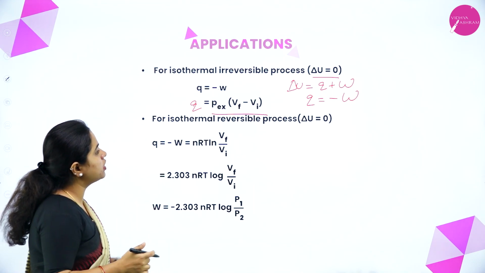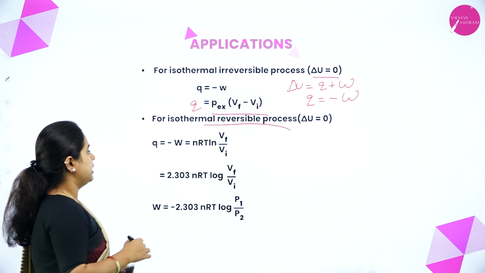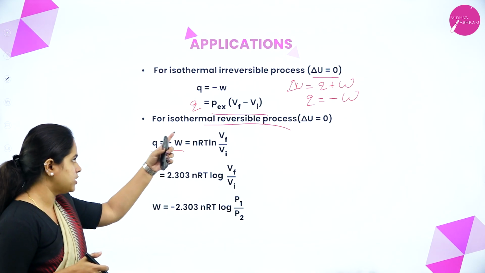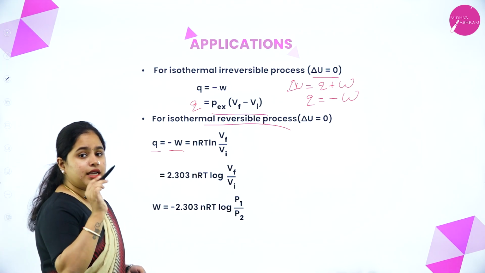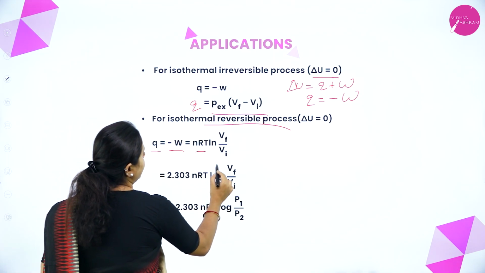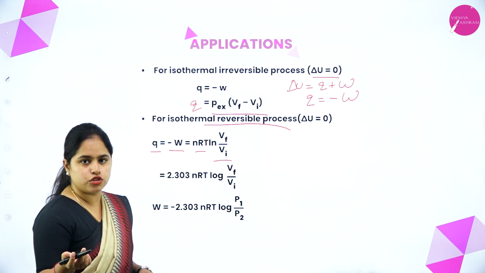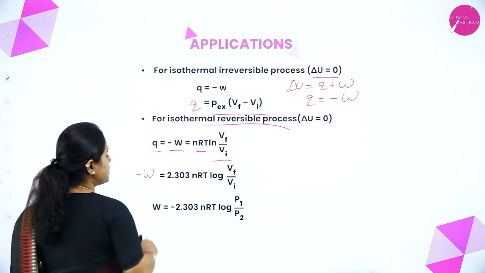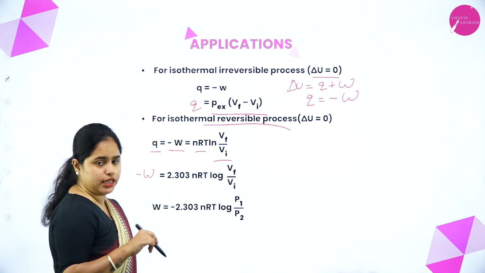Now, if it is an isothermal reversible process, then we know that Q is equal to minus W. Again, Q will be equal to minus W because delta U is again 0. Okay, but for the work done in an isothermal reversible process, we have already studied the equation. It is nRT ln V final by V initial. It is in ln terms. We can convert it into log also by multiplying it by 2.303. So, the equation becomes W is equal to minus 2.303 nRT log V final by V initial, or else